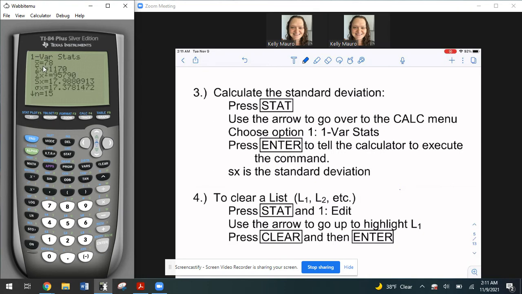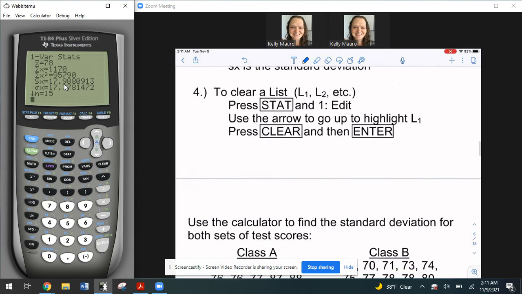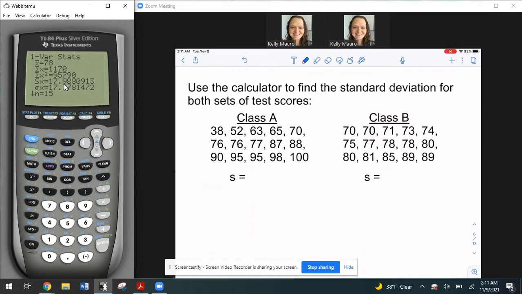Okay, and you're going to see a bunch of numbers, and there's a little arrow here, meaning you can scroll using the arrows. What you need is the X bar, you can see is 78. You see the sum of the X values, the sum of the X squared values. Those are all being used to figure out the standard deviation, which is this number right here. Sx is your standard deviation. All right. So for class A, I'm going to write down that the standard deviation is